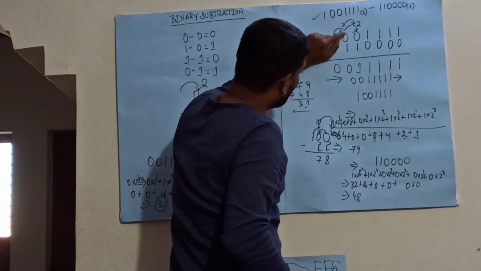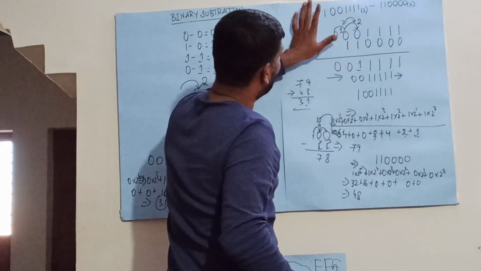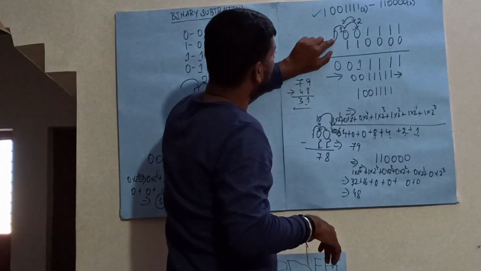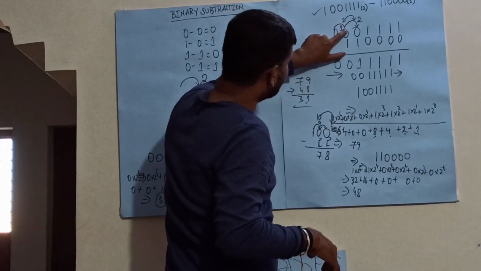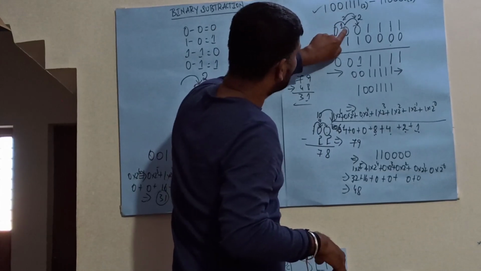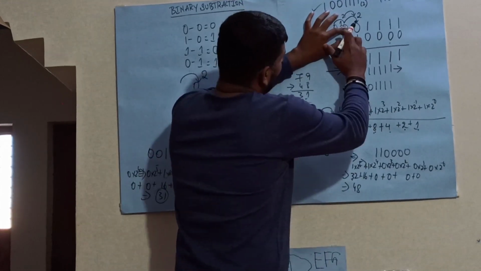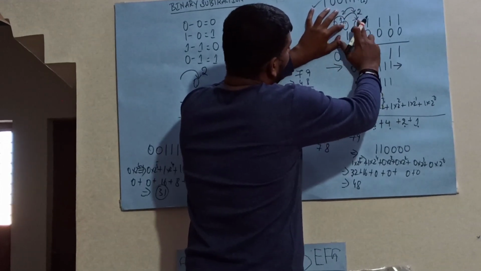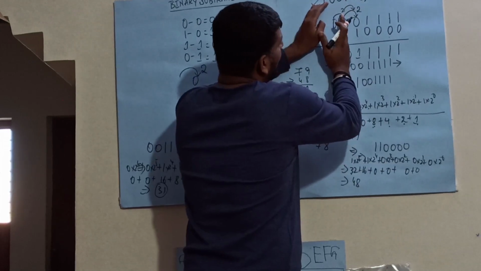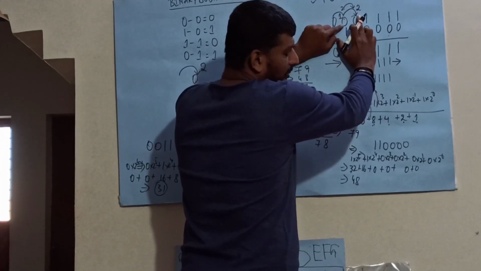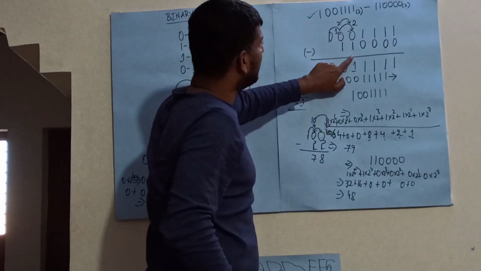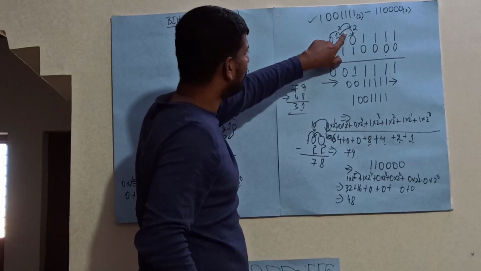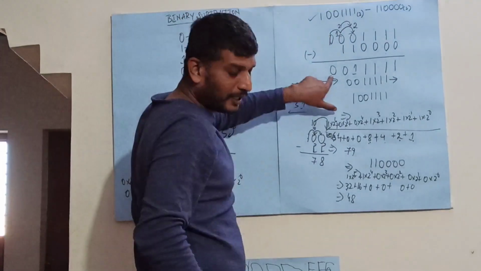Here I have 0, so I cannot borrow. Next I have to borrow from the next digit, that is 1. When I borrow 1 from this particular digit, here it becomes 2. Next I have to borrow the value from this particular digit. So the first borrowed value becomes 1 and the second borrowed value becomes 2. So 2 minus 1 is 1. 1 minus 1 is 0. Here I have taken one value, so you don't have any value, that will be equal to 0.